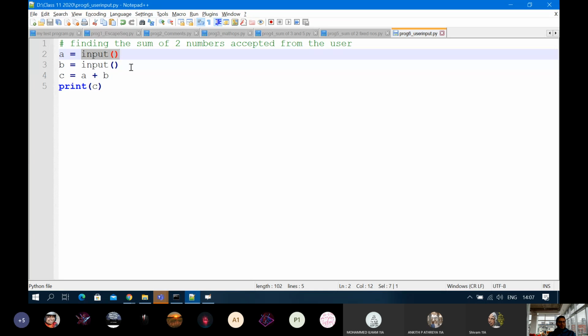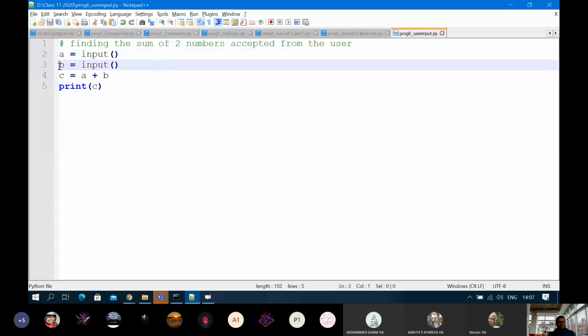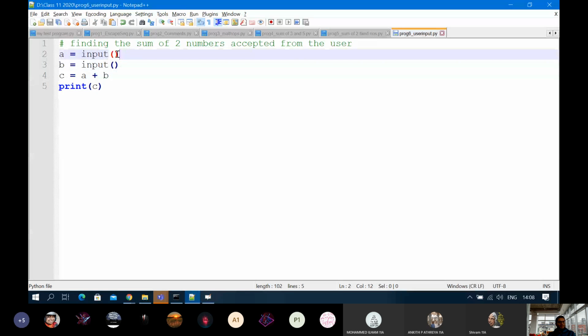That means once you provided one value to the input and pressed enter, it came to line number 3. Again, the right side of the equal to was evaluated, and input is again asking you for a second value, which will be put inside another location of RAM and labeled as B. So the first value which you provided and pressed enter was replaced internally, then put in the RAM, and then a memory label was associated with that location.